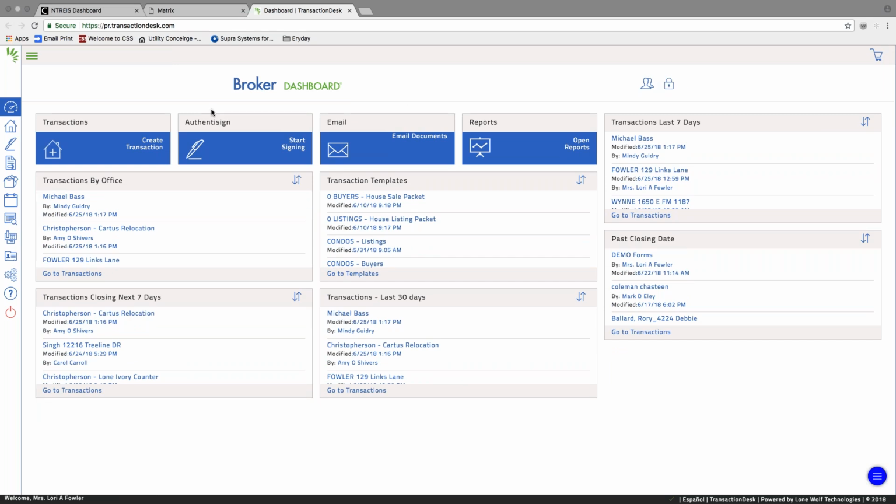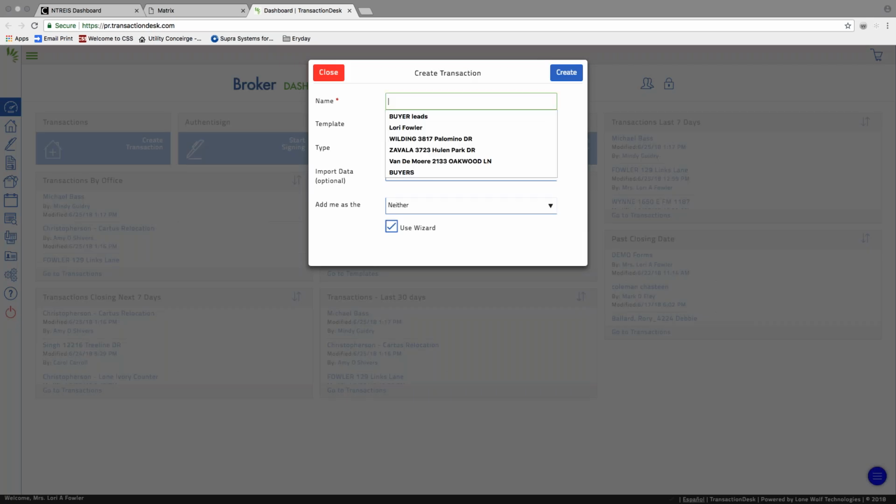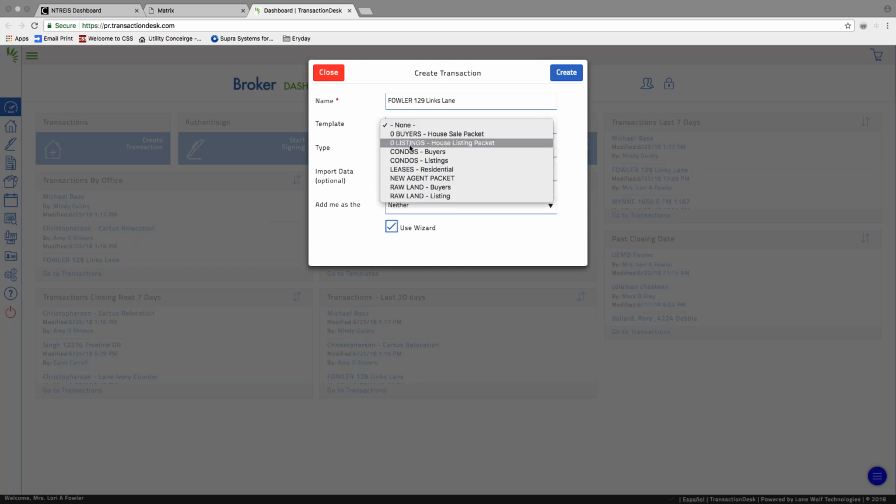configuration. So I want to add a new listing agreement packet because I'm about to go to a listing appointment perhaps, and I want to have everything in one place. So I'm going to hit create transaction here. And I'm going to put a last name, and I'm going to use our old address just for example purposes. So I'm going to put the last name and the address, and the template here, I'm going to hit the